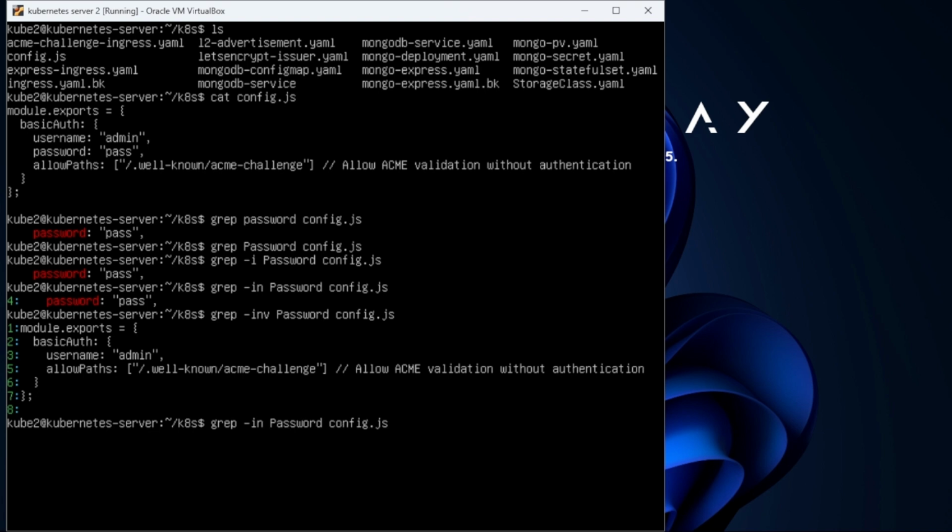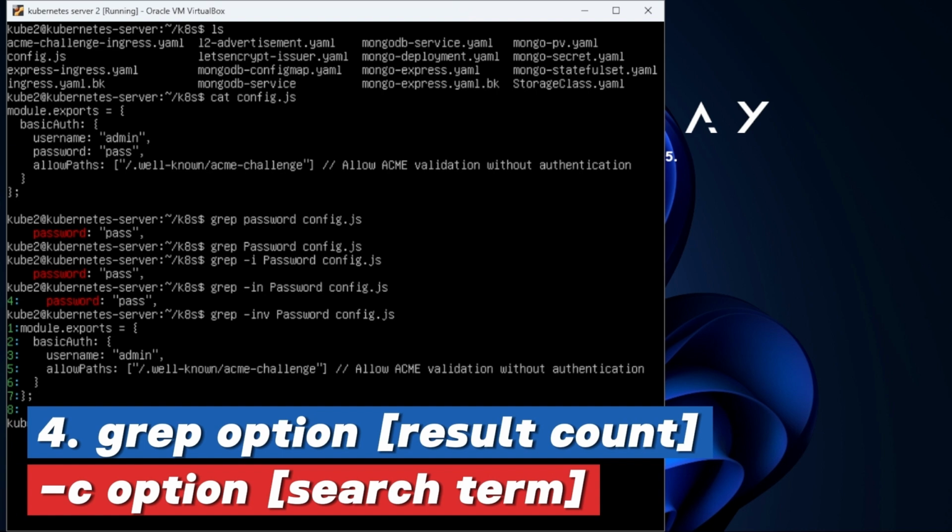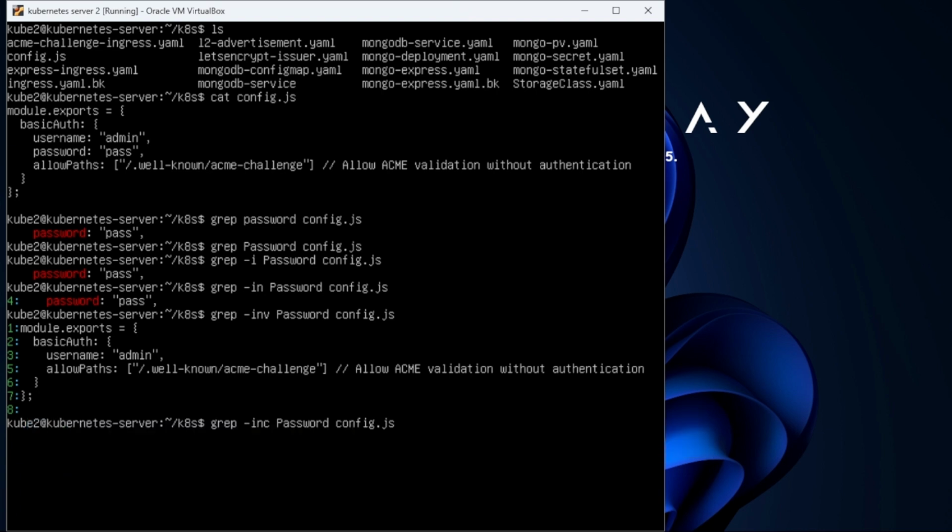So for example, if we use the -c option here, this is just for count. This will just count how many lines contain the search phrase password. As you can see here, we've used the -c option to just check the count of the lines that contain the phrase password. If we were to do the same, but this time add the -v option here, you will notice that will give us 7